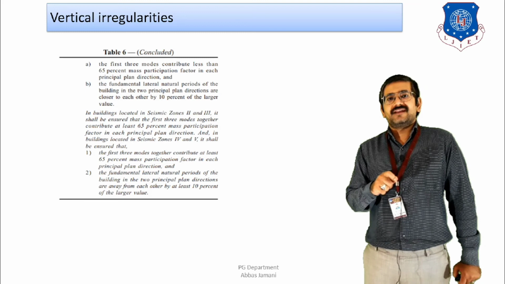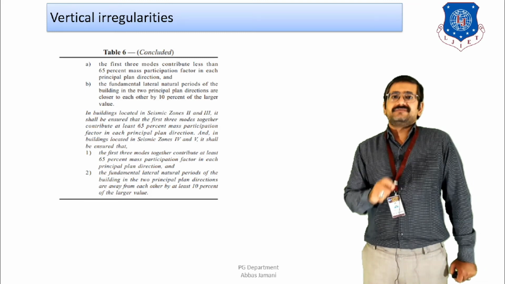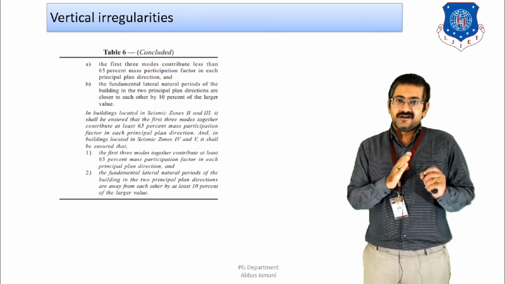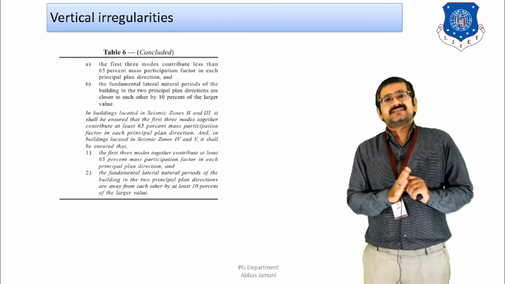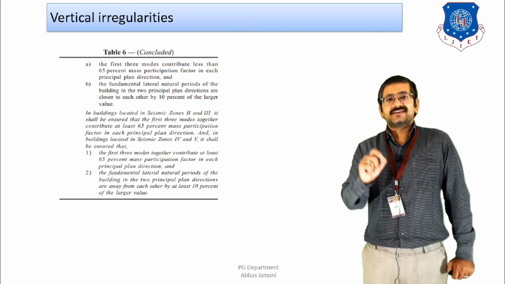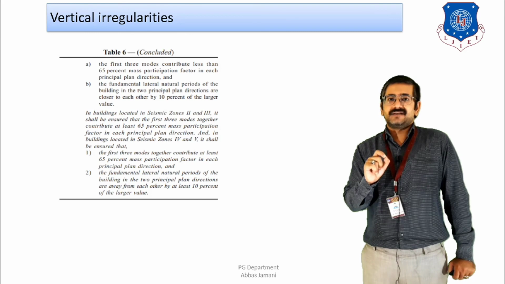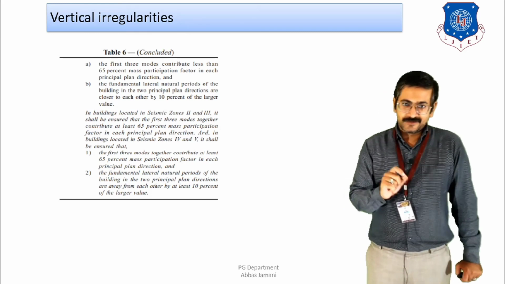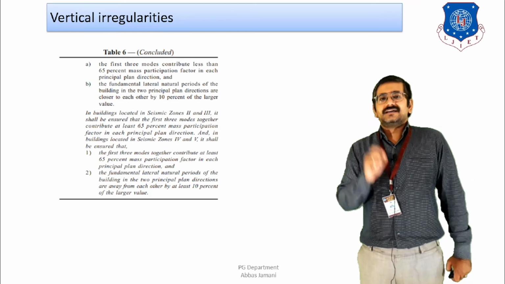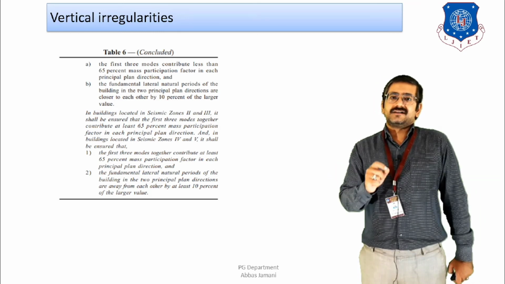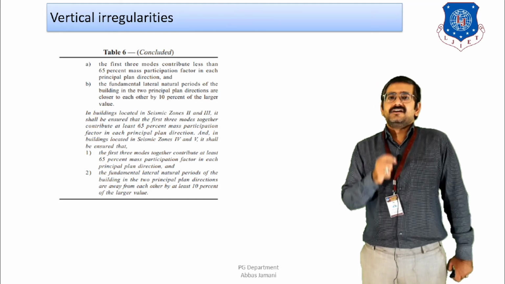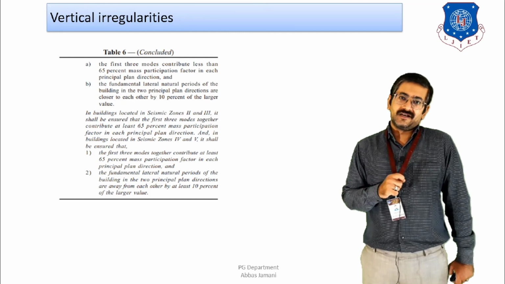However, in zone 4 and 5, in addition to this criterion of 65%, the code also says that the natural time periods of the two principal directions should be apart from each other by at least 10% of the larger value, right? So if this criterion is satisfied and the criterion of 65% modal mass participation is achieved, then the irregular geometry can be avoided. Otherwise, the structural configuration of the lateral strength and stiffness should be reviewed, and accordingly the modification should be done in the structural plan in order to eliminate this type of irregularity in the structure.